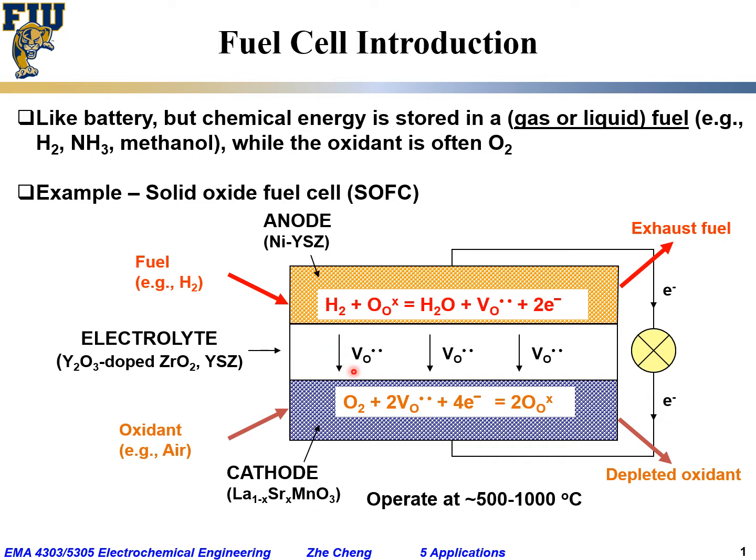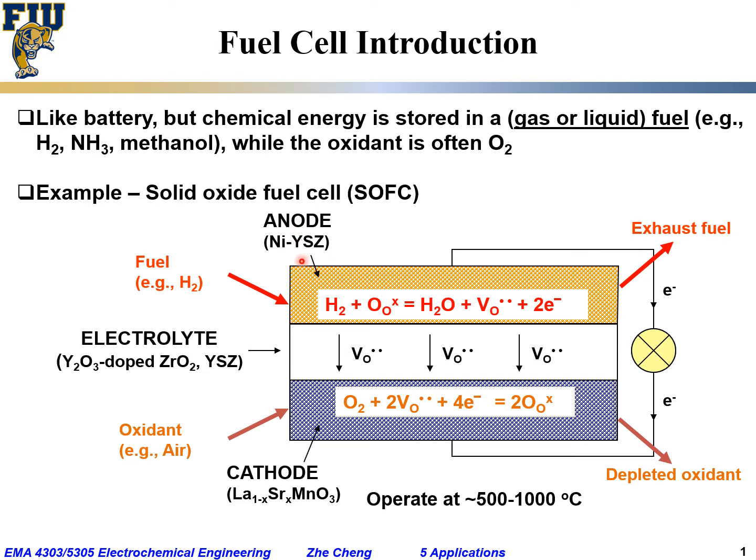What type of ion? Well, there are different ways to view it, but one way to view it would be oxygen vacancy. V for vacancy, O for oxygen, and it's charged. The dot represents that this defect, or this ion, is positively charged. Okay, electrolyte, solid electrolyte in the middle, and then on one side we have a porous